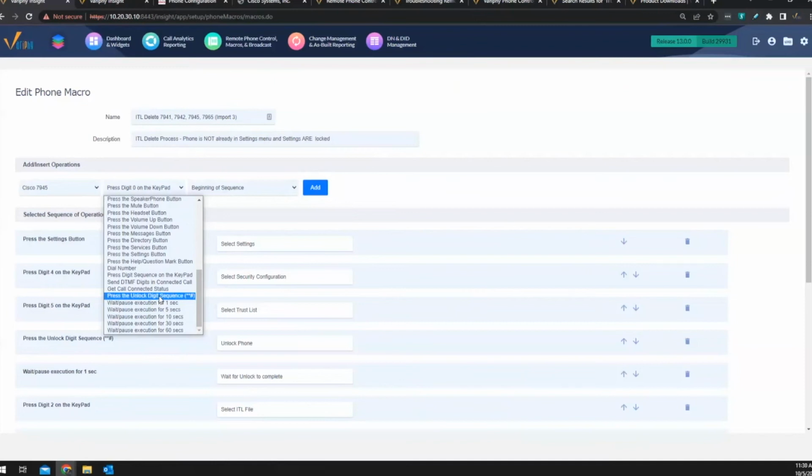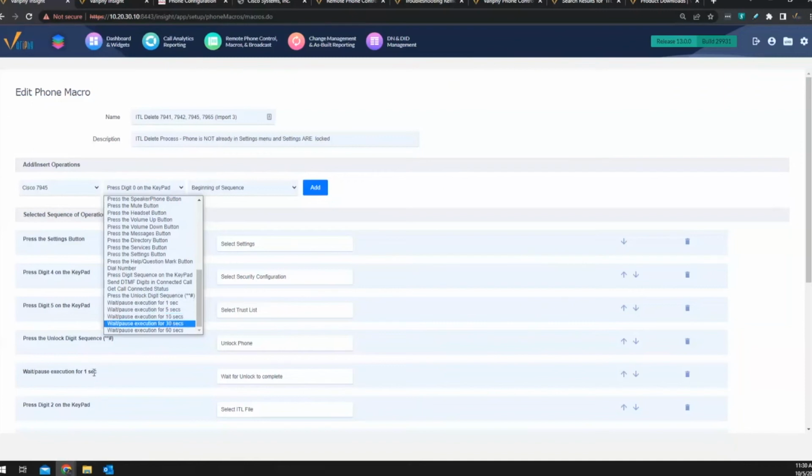and it will send that sequence for you. Now the wait pauses come in handy because some functions take longer than others. So for example, if I'm doing an unlock sequence, that usually takes, I don't know, 5 seconds roughly to do that unlock and refresh the screen and come back and show that it's unlocked. So I usually just put in a wait pause for 10 seconds after that.